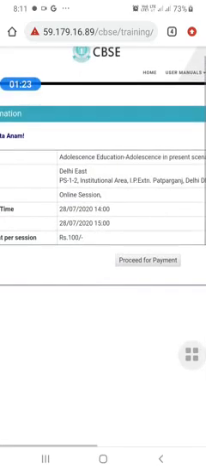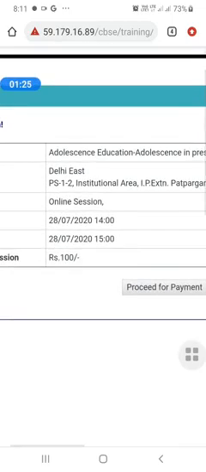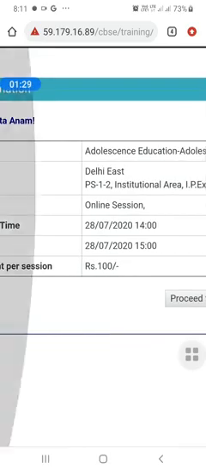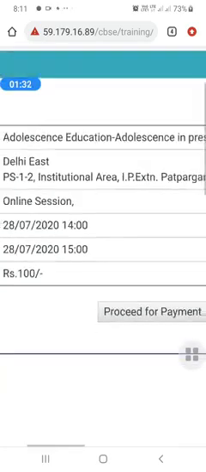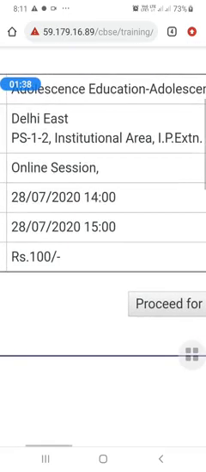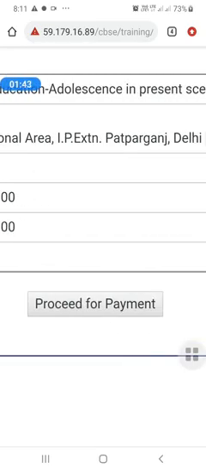So they have given us the confirmation date. I have selected this one. So they have given, and in this interface you can proceed for online payment. This is how we have to register. They will send us a mail confirming the list.